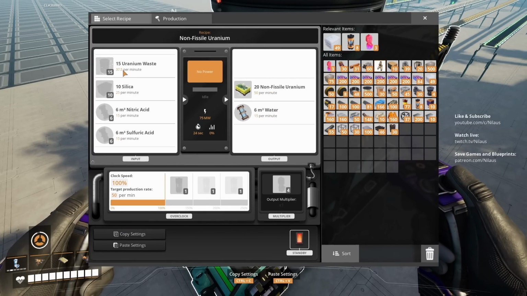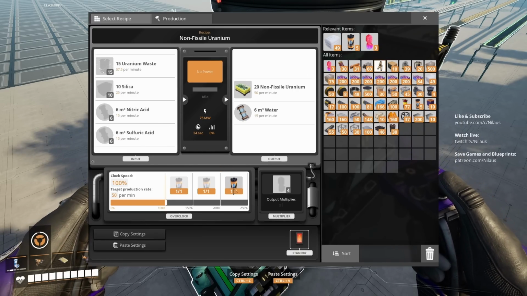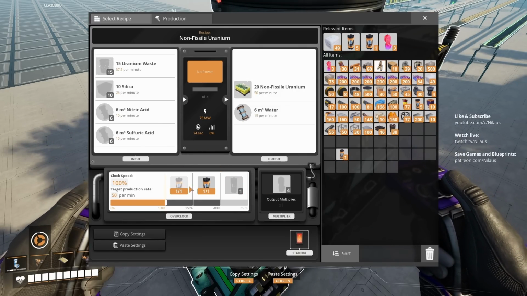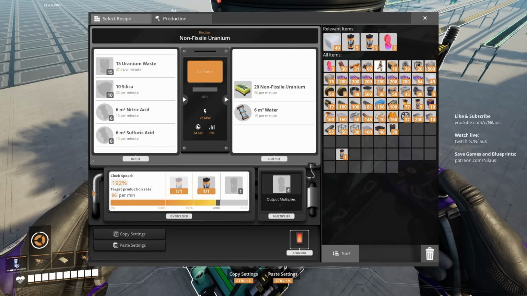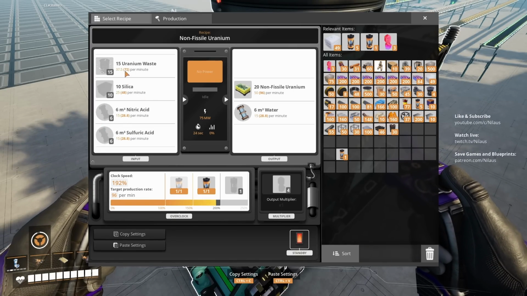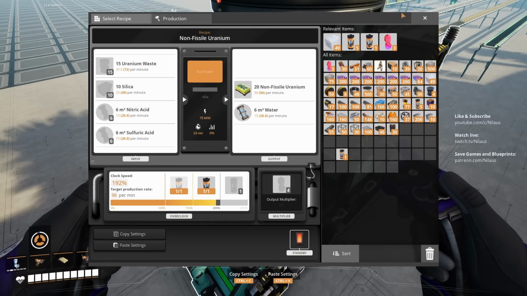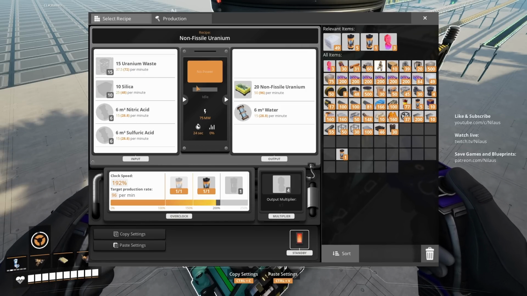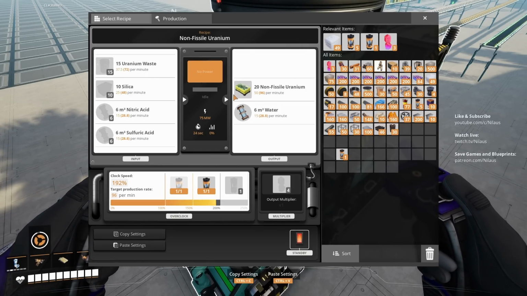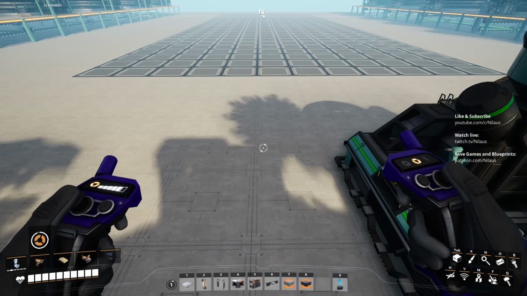So how much uranium waste are we getting in? Yeah, it just doesn't work. And we are going to get 96 outbound. Why? Because that consumes 72. 72 times 5 is 360, and I'm producing 360, so that means 5 modules of consuming 72 will consume all of the nuclear waste. So that means we now have 96 non-fissile uranium, and we go back here to our